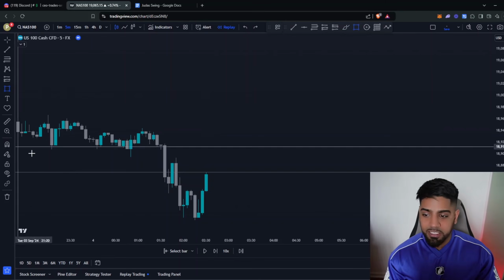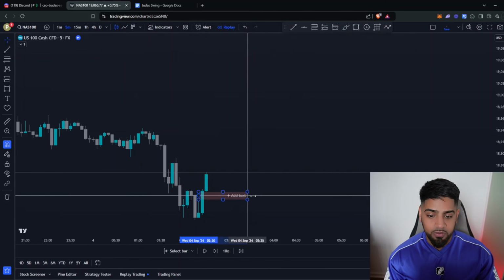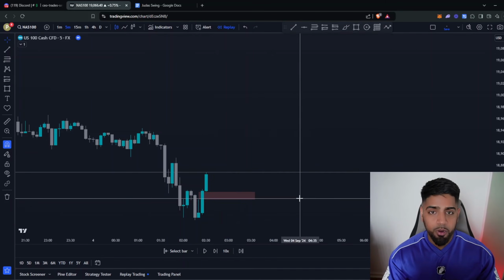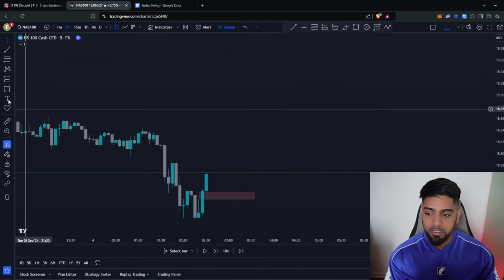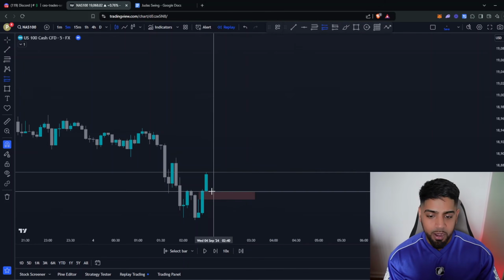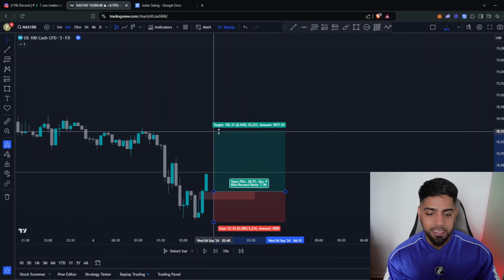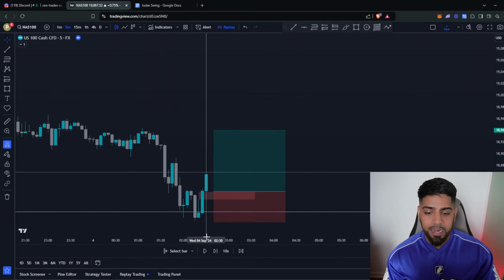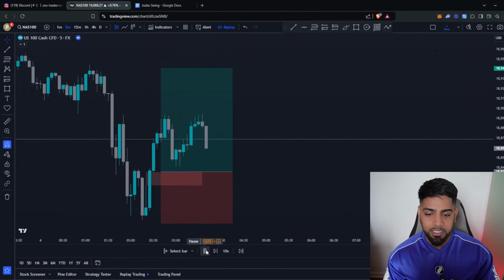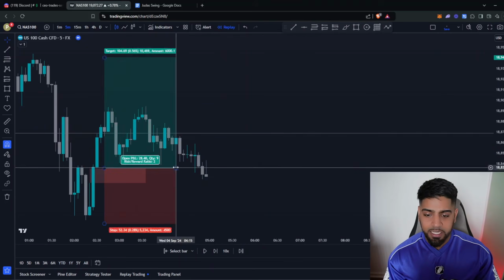So once we've identified all of that, we can then make sure that we find our fair value gap, order block or breaker block that caused the market structure shift. We put our entry at the open, stops go below the low, and then we're simply targeting a 1 to 2. And now if I play price on, we can see that price comes back, taps us in, hit our